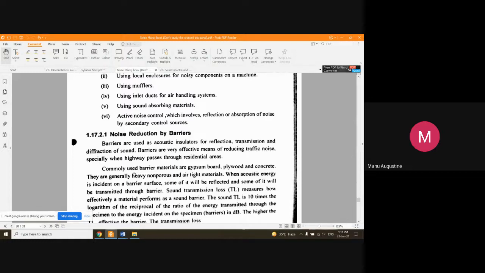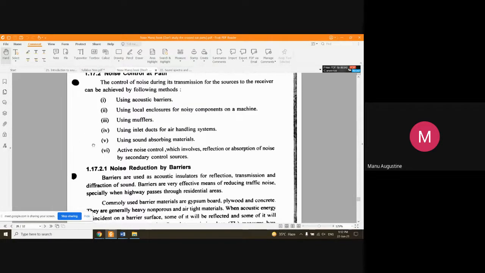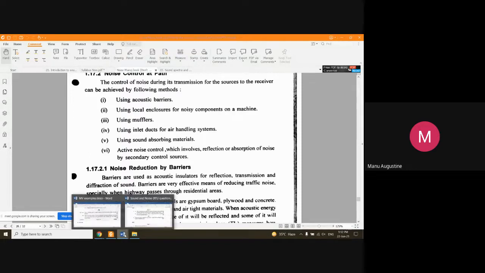Otherwise, if you just want to prepare for your examinations, if you just want to get the stuff as it is without much explanation, you want to get the stuff exactly as you have to write in your exam, then this note that I will be sending you should be more than sufficient. Okay. And as I was pointing out,